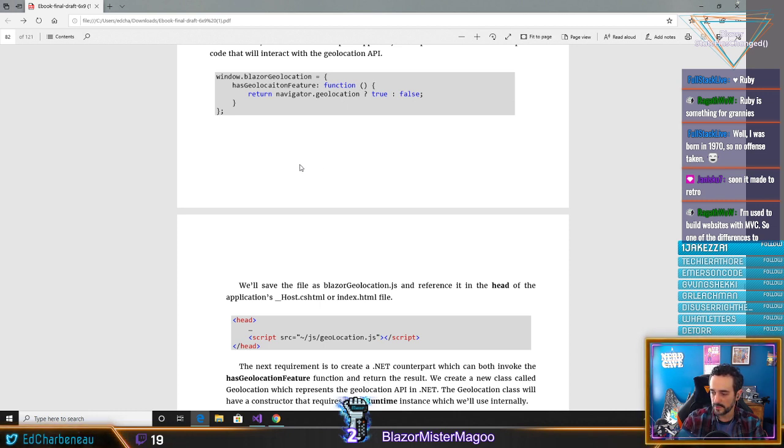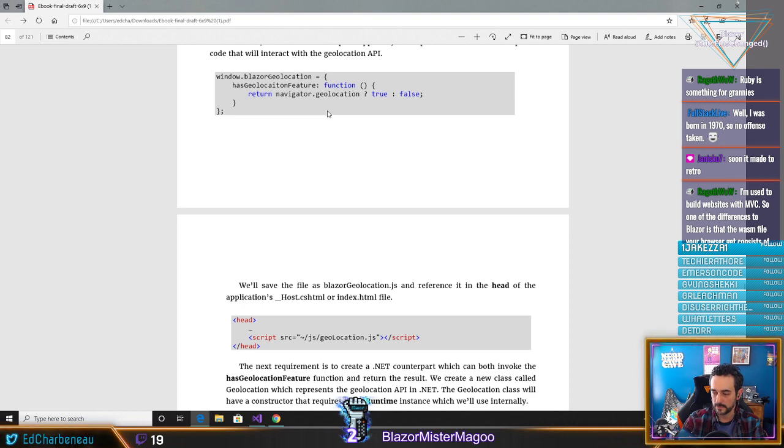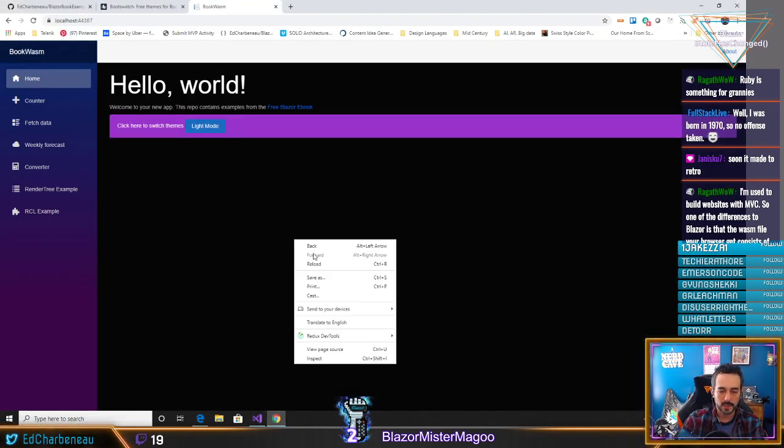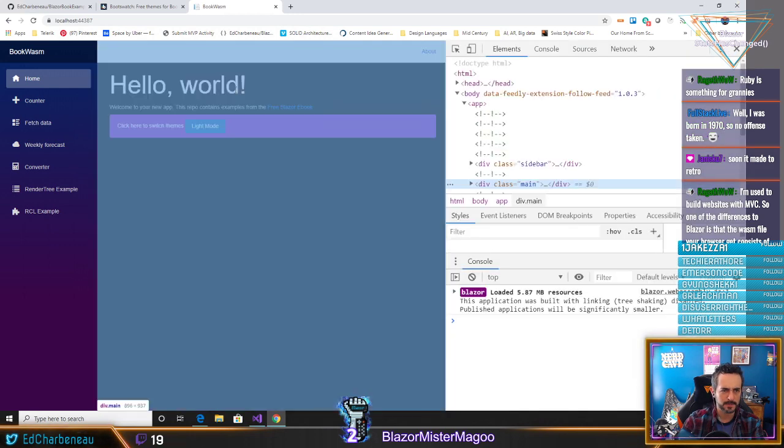I'm used to building websites with MVC, so this is one of the differences to Blazor, is that the WASM file in your browser gets downloaded and consists of all the pages in your website. Yes, so it is a traditional SPA application. You could kind of see this in action